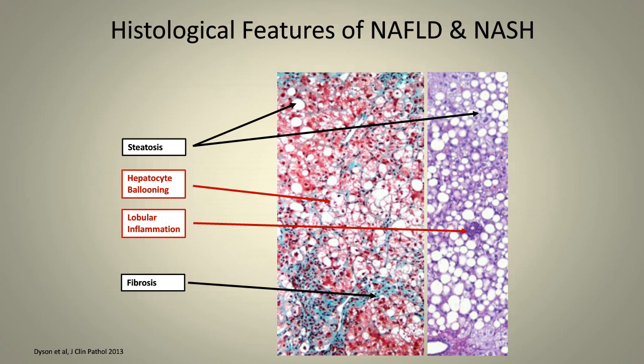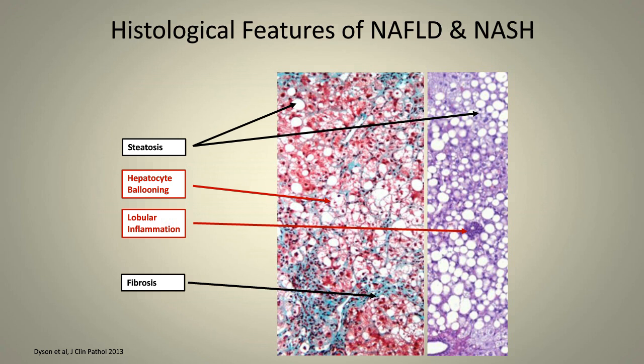Where it goes awry is when you never take away the insult for injury. You continually drink alcohol. You get infected with hepatitis B or C. You have autoimmune hepatitis. Drug-induced liver injury. Tamoxifen is a great example. Valproic acid is another one. And methotrexate is another one. People that are consistently on those medicines in the right situation can lead to chronic liver injury, and that's where we see a setup where these stellate cells continually remain active and lay down scar tissue.